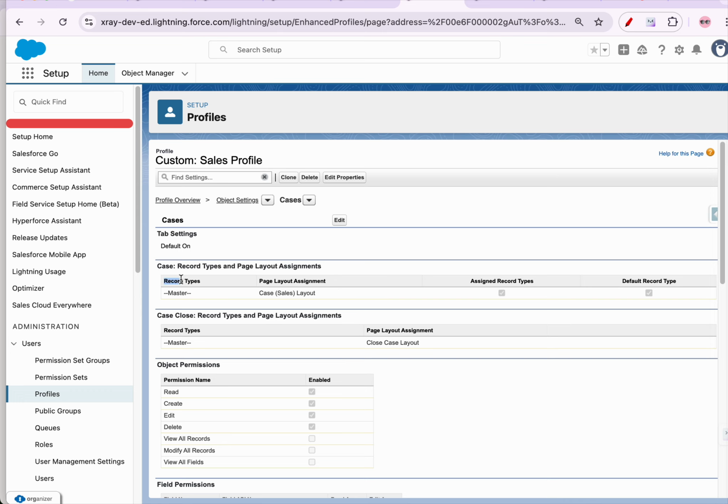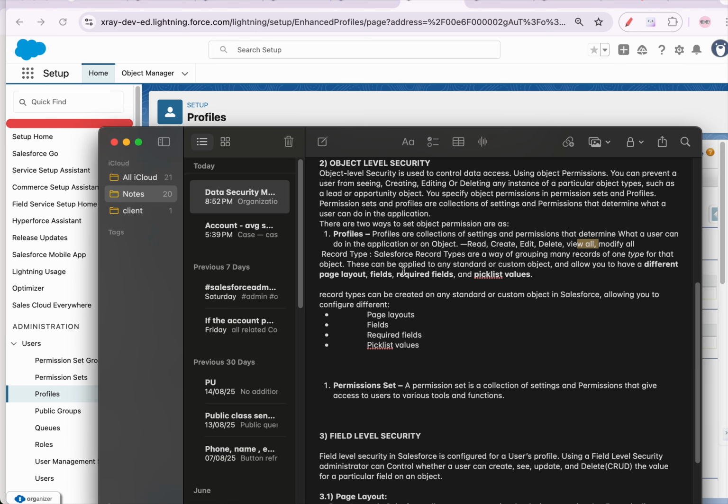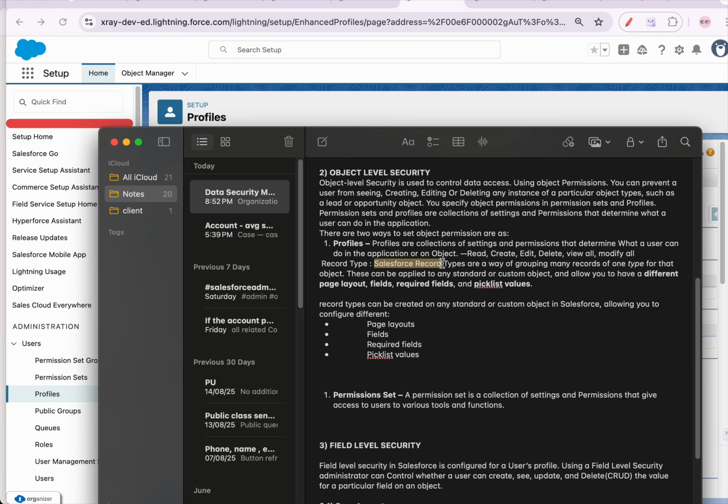And now if you ask, sir, what is the record type? Correct question, what is the record type? So Salesforce record types are a way